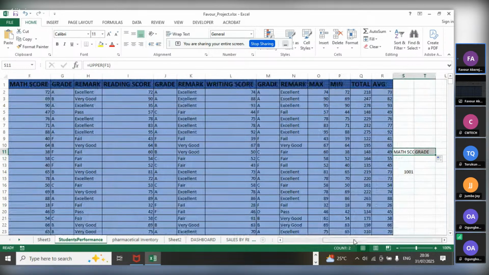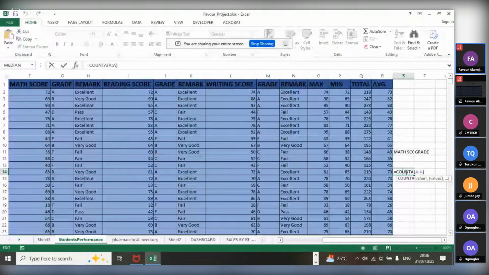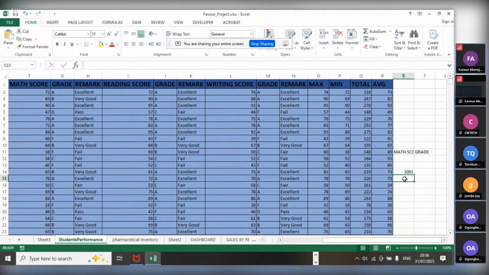When I entered the value, it gave me the total range of the data set, which was 1000. To check for the range, I used equals, then entered AA. When I entered the value, it gave me that the range of the data set was 1,000,001, so that it could be easier for me to navigate my way through the data set. Then after I did that, I